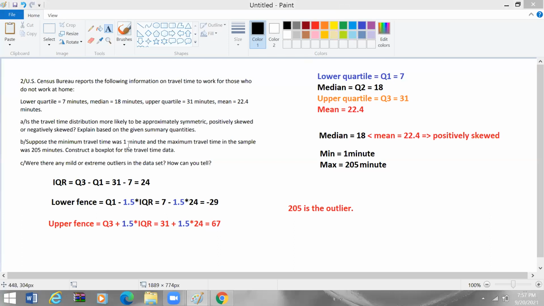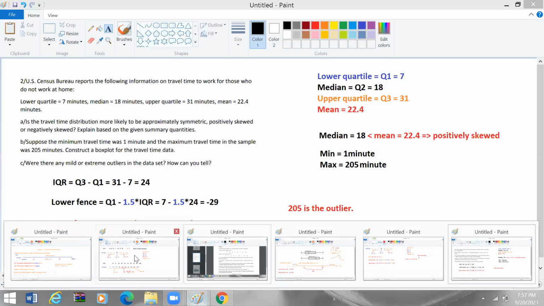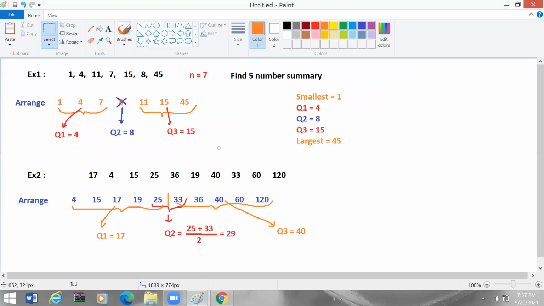Actually, no. And in fact, on the exams, I might just ask you to do the final summary. Remember, if the questions only ask us to do the final summary, do we have to set up the lower fence or IQR or something like that? No, right? So if the question only asks for the final summary, we just stop right there, and that's going to be the final answer. It should take around maybe 5 to 10 minutes to finish this question,